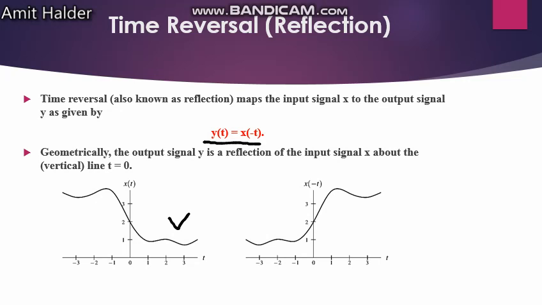That is the signal. Like you can see geometrically, the output signal y is a reflection of the input signal x. Reflection means what? If you put a mirror here, we can see the image like this. The opposite of this image is that. It's like an image. Okay, how can that be created? That can be created by taking the value of the time into the negative integer.